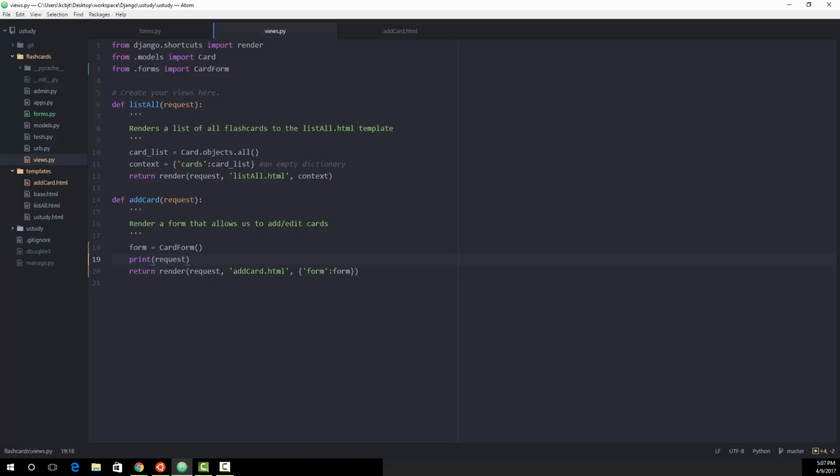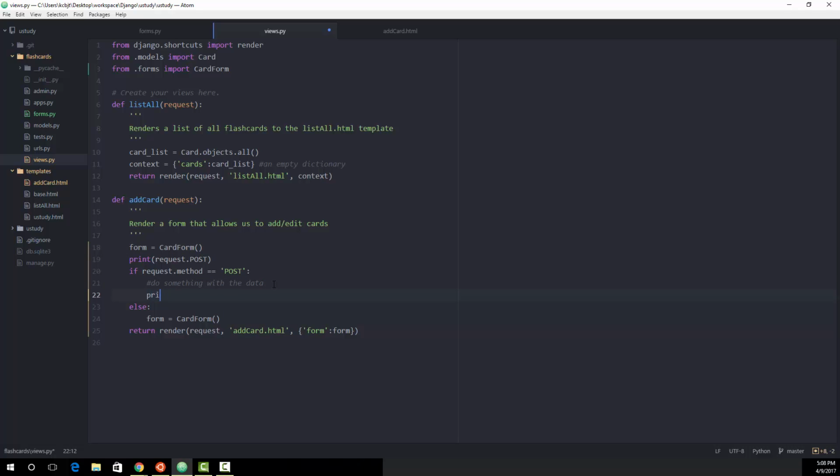So now how do we actually use that request.post to create a new card object? Well, what we're going to do is make a conditional here, and we're going to say if request.method is equal to POST, all capital letters, we're going to do something with the data. Else, our card right here, let's just copy this down here. Form is equal to card form. Alright. So now that we have that,